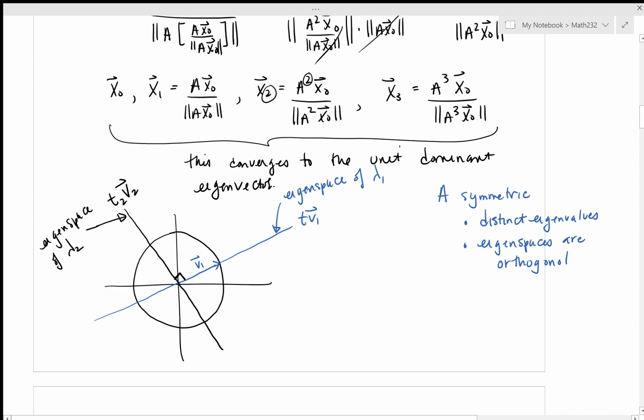Okay, now we're just going to make an assumption. We're just going to assume that lambda 2 is the bigger. I mean, the same argument would apply, you just do it the other way. So I'm just going to assume that lambda 2 is our dominant eigenvalue. And then what we're being told here is by doing this sequence of events, going along like this, making